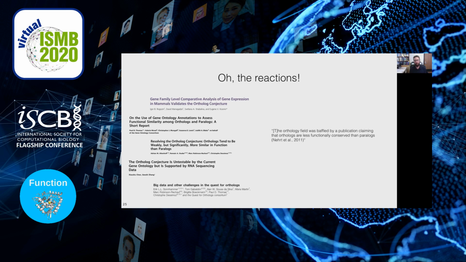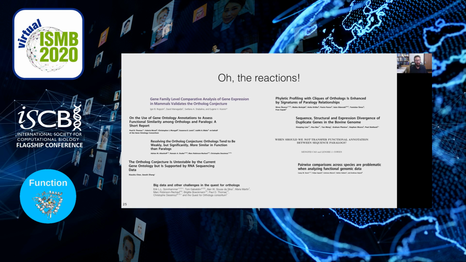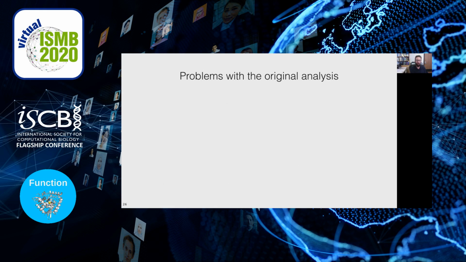And I will say that many of these papers did do new analyses, some of which showed that orthologs and paralogs were equivalent in function, some of which showed that orthologs were slightly more similar in function. But other weird things would happen in these analyses, like function would not evolve over time, or function would evolve over time such that more distantly related proteins became more similar. So there were problems. I should also say, of course, that there were papers that supported the results that we presented in that paper, showing that paralogs indeed were more similar than orthologs and certainly had lots of functions in common. So let me talk about some of the criticisms, because I do think, as I said, they're valuable